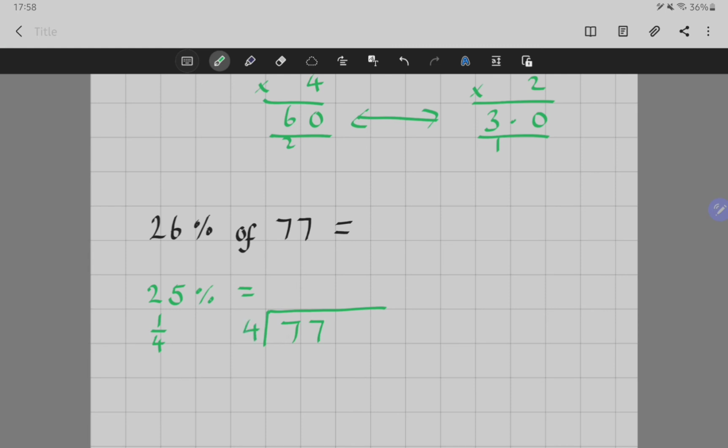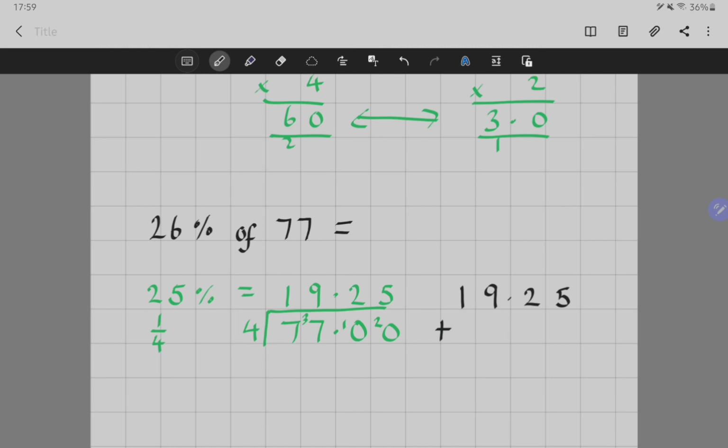So 4 into 7 goes once with 3 left over. 4 into 37 goes 9 times with 1 left over. Okay, 4 into 10 goes twice with 2 left over. 4 into 20 goes 5 times. Okay, so that's 25%. Now I only need to add an extra 1%. Now 1% would be 77 divided by 100. So I need to do the sum